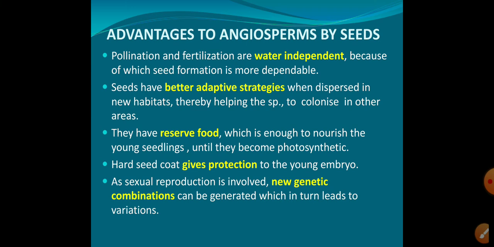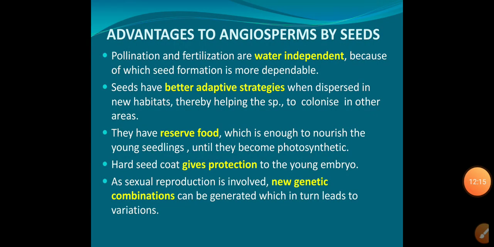Finally, new genetic combinations can be generated, which in turn leads to variations. When seeds germinate, meiotic divisions take place, and all that will lead to genetic crossing over, synapsis, and so new genetic combinations can be generated, leading to variations.